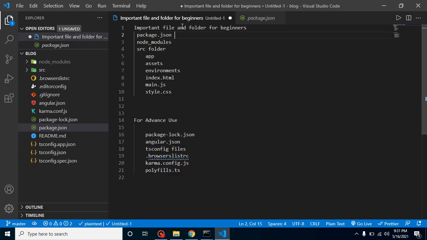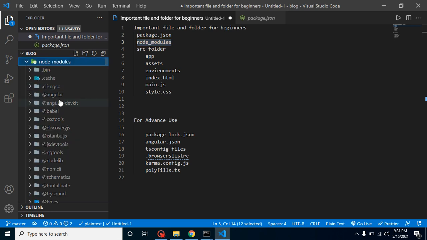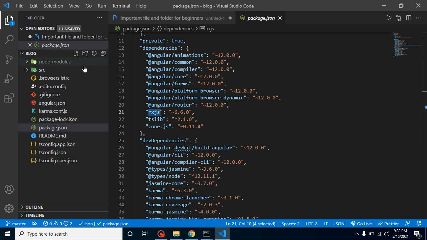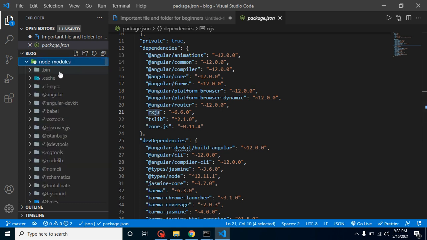So now let's talk about the second one, which is the node_modules folder. In this folder we have all the libraries required for our project. You can see libraries like build Angular, CLI, compiler, RxJS, all placed inside the node_modules folder.